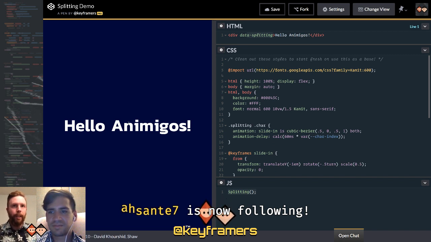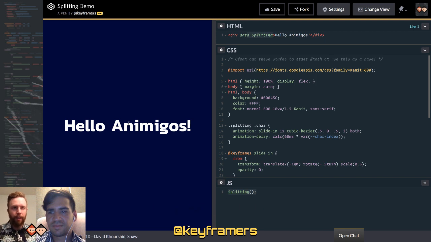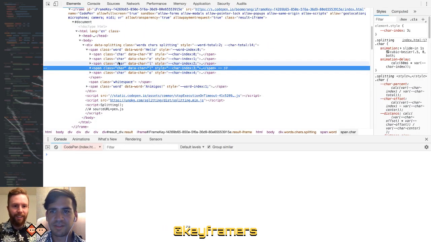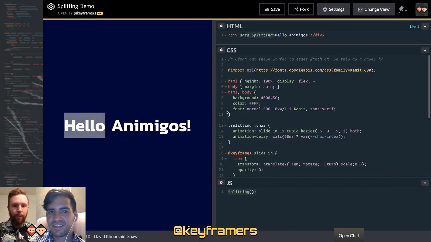These are all created elements by the library, so in theory, it's not polluting anything that you've specifically set up. But it does actually have that data attribute of data-char. Okay. Well, there you go. My wishes are answered. Yeah, so you can see that data-char and data-word. So you can target those instead if you really want. But either way, it's available for you to use. Well, then I will do that.